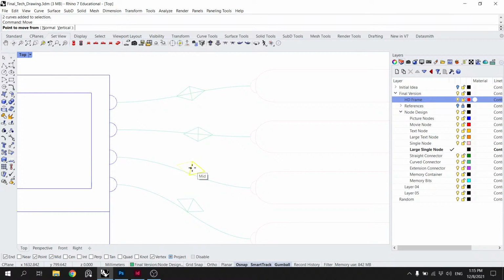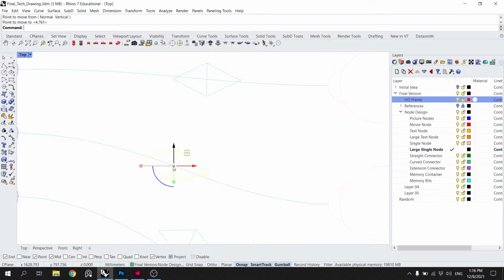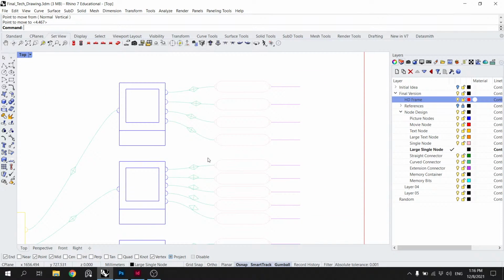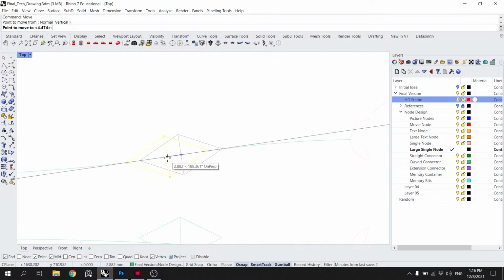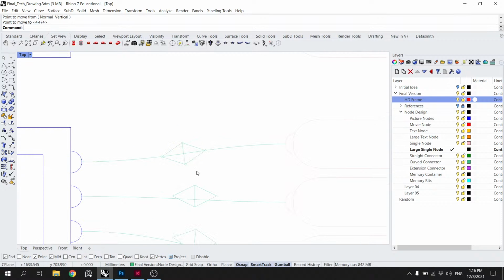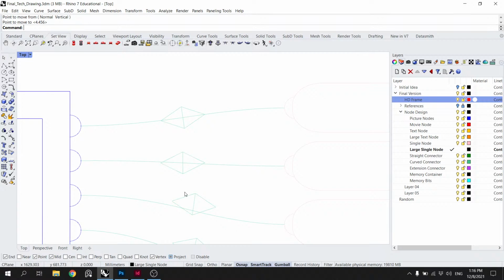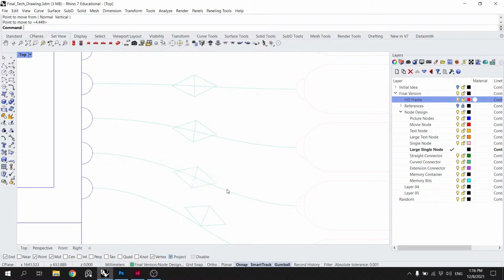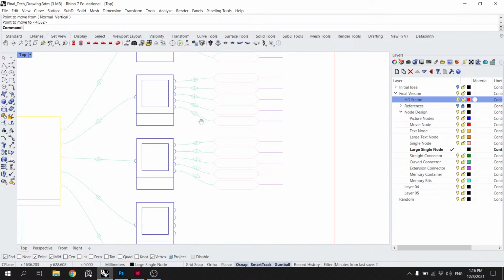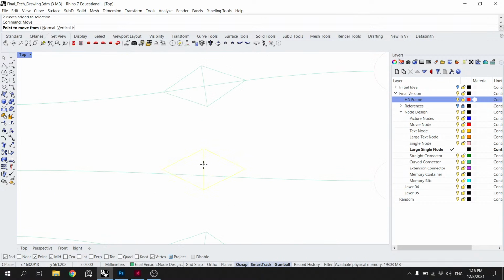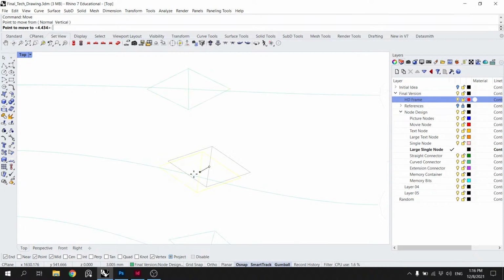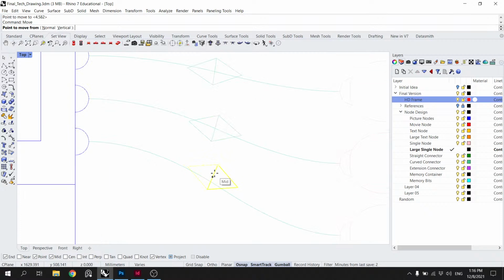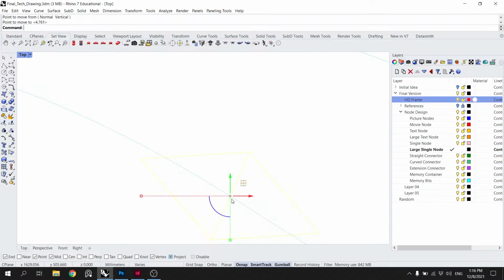We find the curved middles. Okay, those. Oh, one more. There we go.